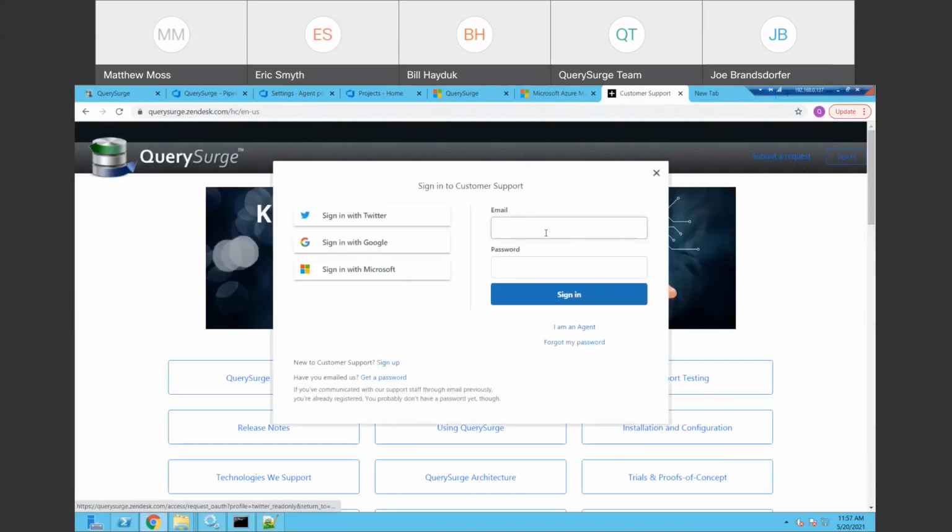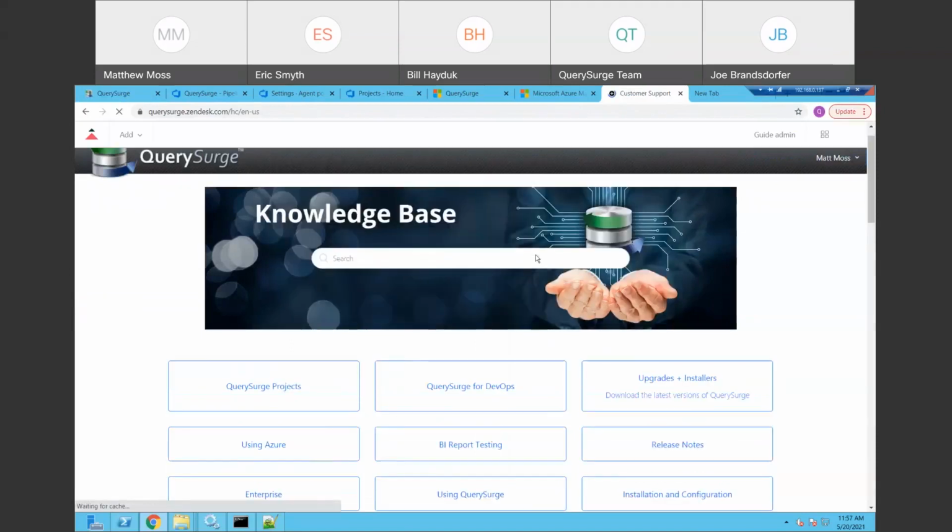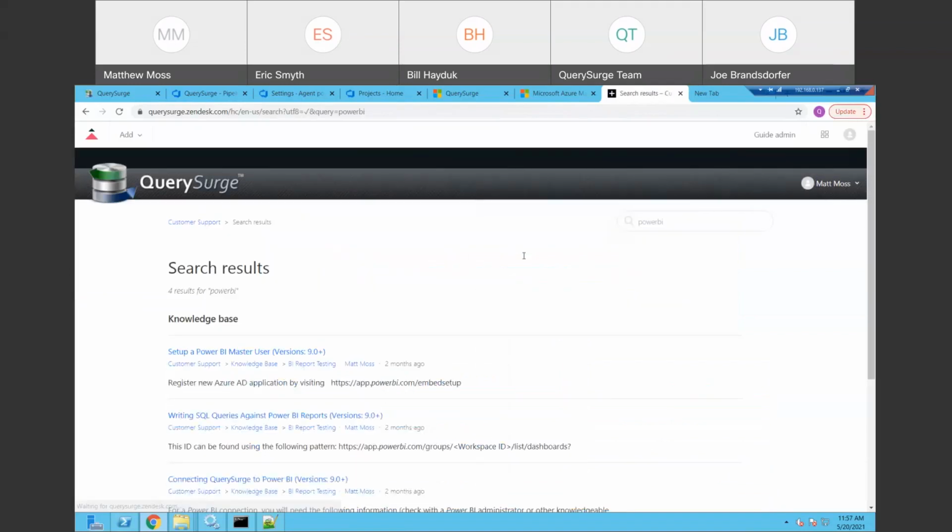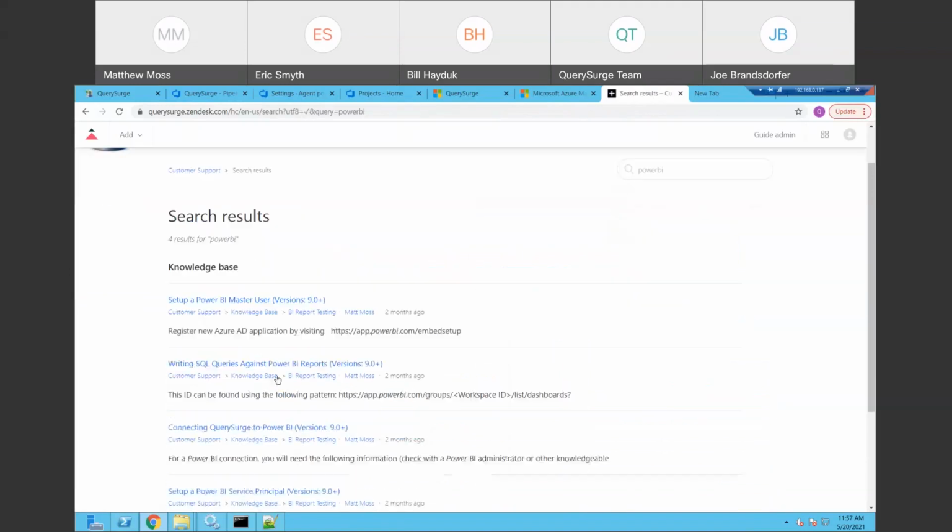This is our knowledge base. For anyone that has never used QuerySurge, we try to document all of our functionality directly on our knowledge base. We have hundreds of articles that go into very good detail on how to integrate QuerySurge with pretty much any data platform out there. So if I search for Power BI,